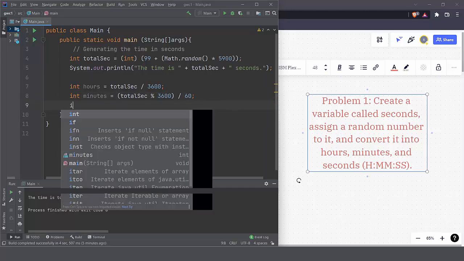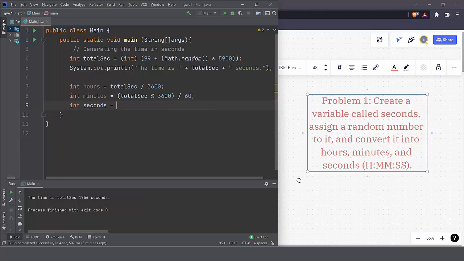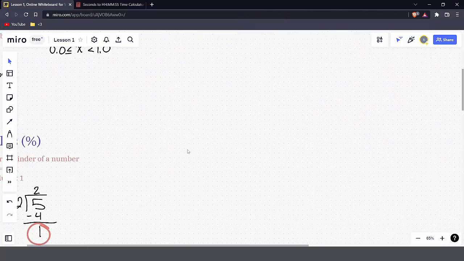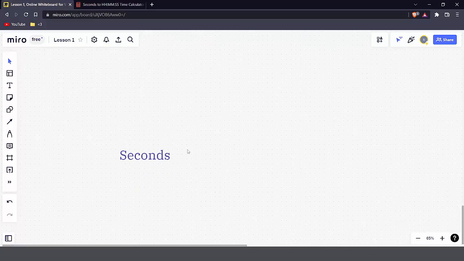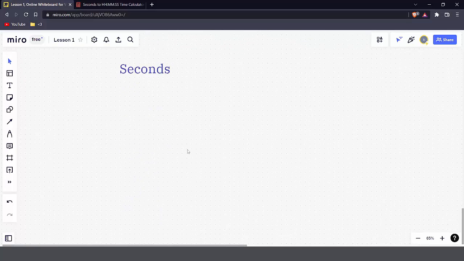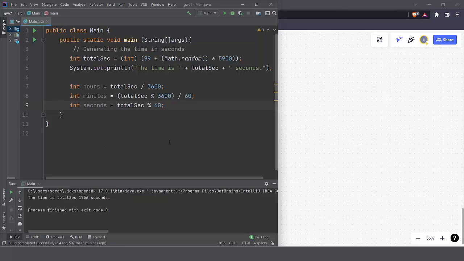And then for seconds, this is a bit easier. We can just take total seconds divided by 60 and the remainder of that. So if I want to, I think it's better if I show you with an example how this works out. So we have 1,756 seconds